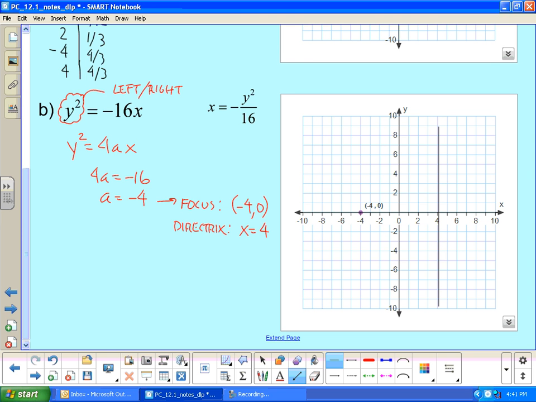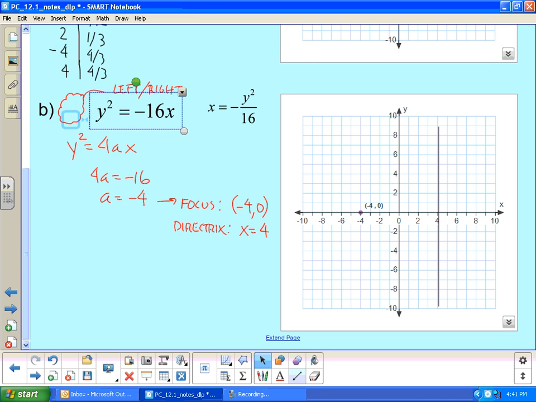And we would then begin to take a look at some points here. I'd plug some t-table points in, and just for the sake of time here, we would discover that